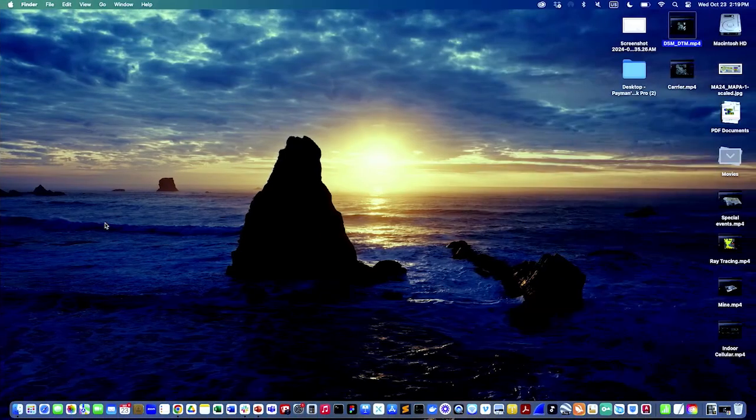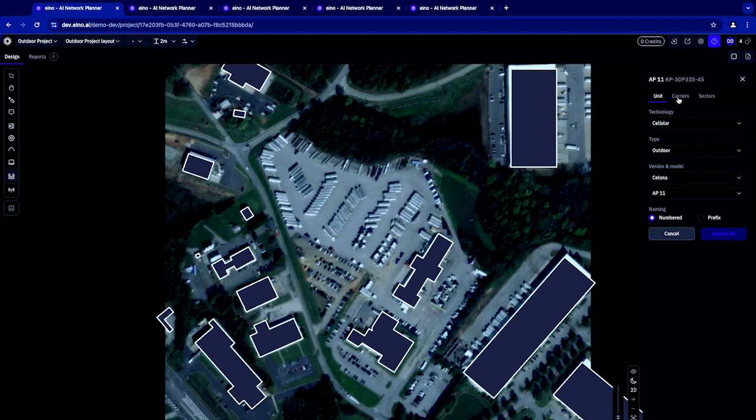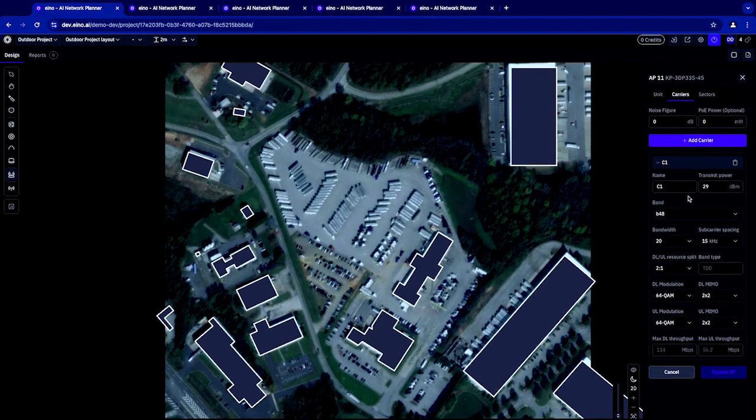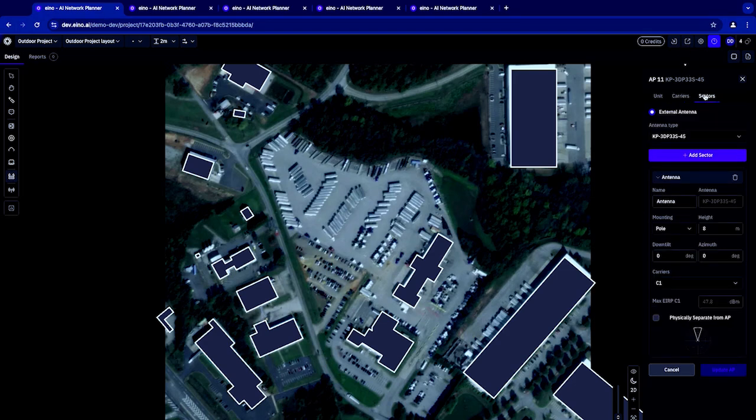So to show you an example, how does that work? If I go here, I have this AP here. It's an outdoor Cellular AP11. I have defined a carrier. Define the band, it's B48 CBRS, how much bandwidth I have, 20 megahertz, my subcarrier spacing, how my uplink and downlink split is, in terms of modulation format that I support, and MIMO for downlink and uplink, how that's going to be. And then I need to add an antenna, which is usually external there, so we have different types of